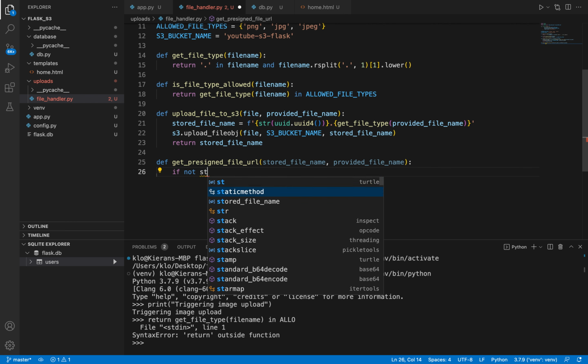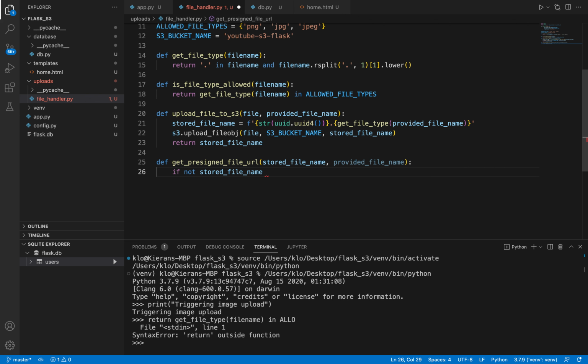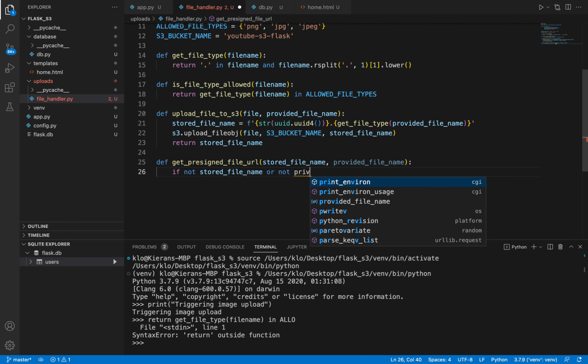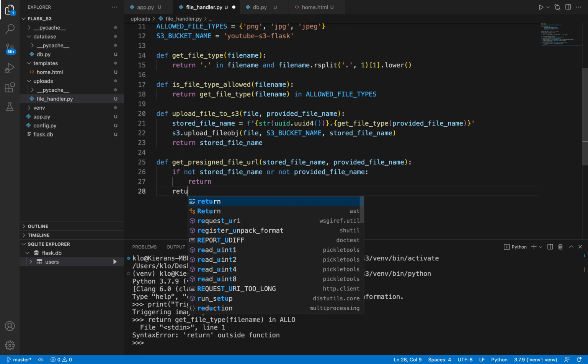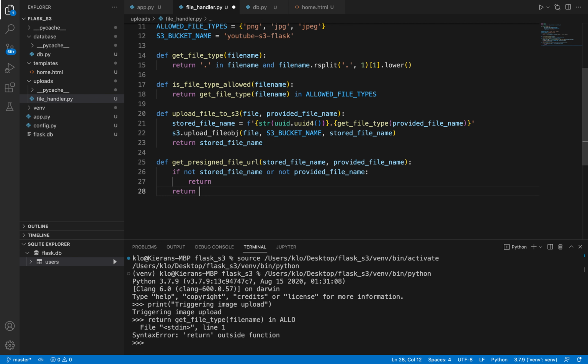All right. So let's say if not stored file name or not provided file name, then let's just return. We don't want to do anything if the file names are empty. But let's say someone gives us 2 legit file names. So let's say S3, and then this is this